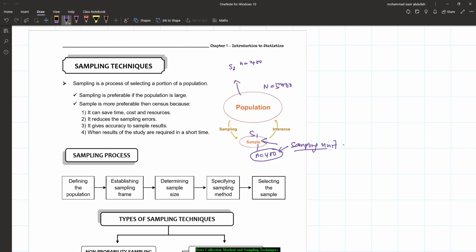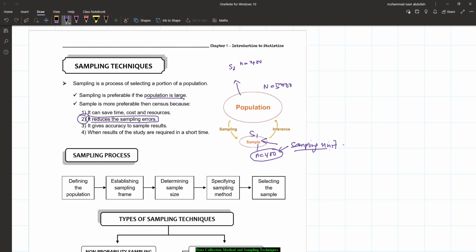So why we need a sample? Why we do a sample? Because when we have a very large population, right, we cannot handle all members in the population. That's why we take a sample to save time, to save cost and resource. Resource means labor, right? And we are also doing sample because we want to reduce sampling errors,